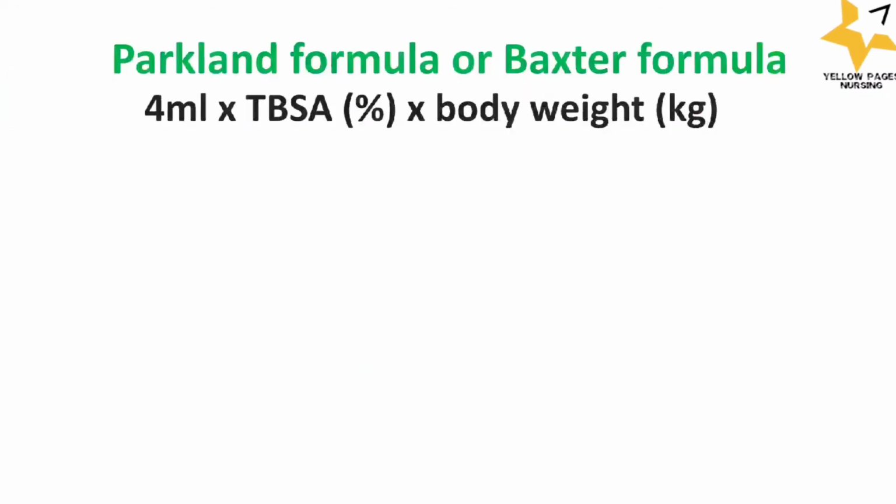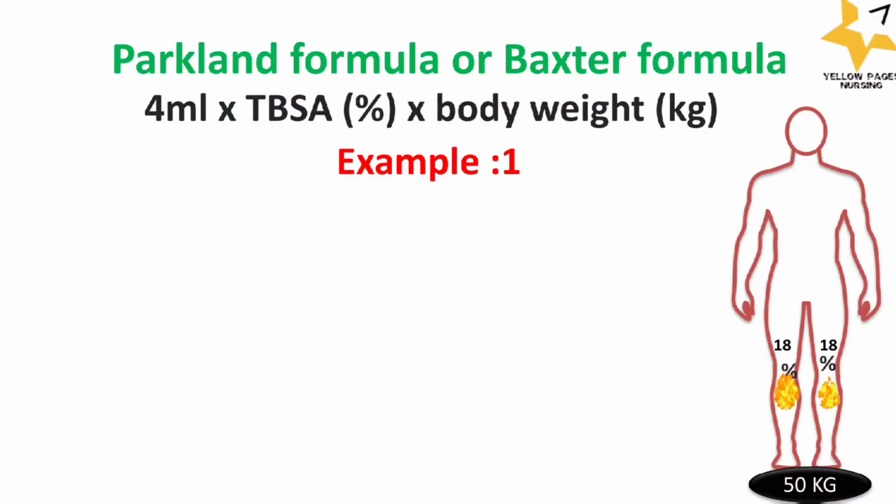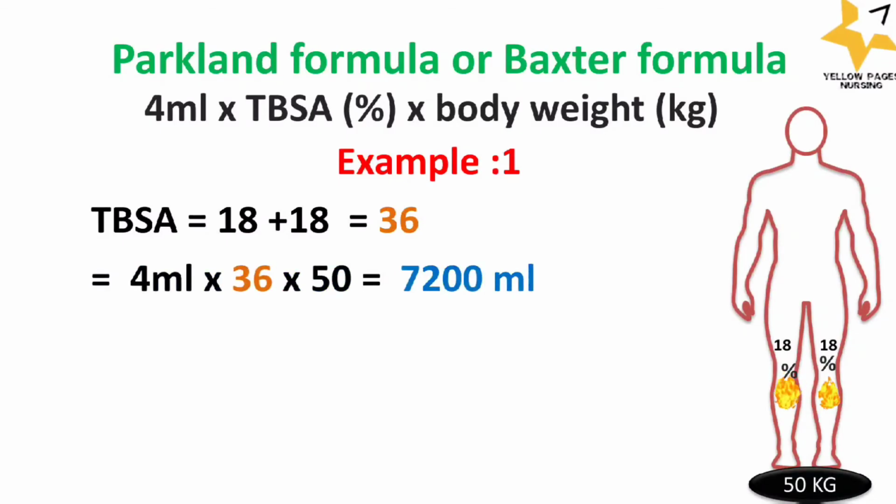Now, let's get into the example. First example, patient has burns on both the legs. So, the Parkland formula is 4 ml multiplied by total body surface area multiplied by body weight. Body weight here is 50 kg for example, and the total body surface area is calculated as 18 plus 18, which gives 36. And as per the formula, it is 4 ml multiplied by 36 multiplied by 50, which gives